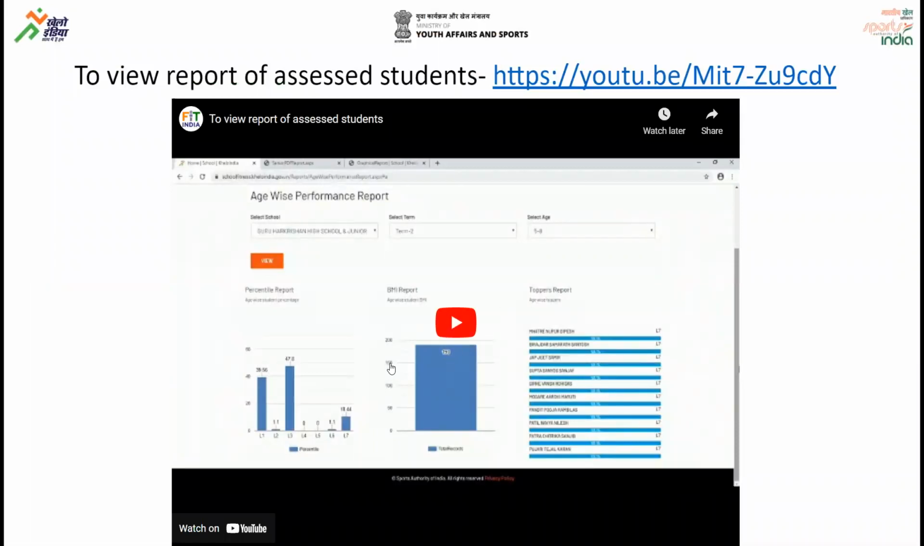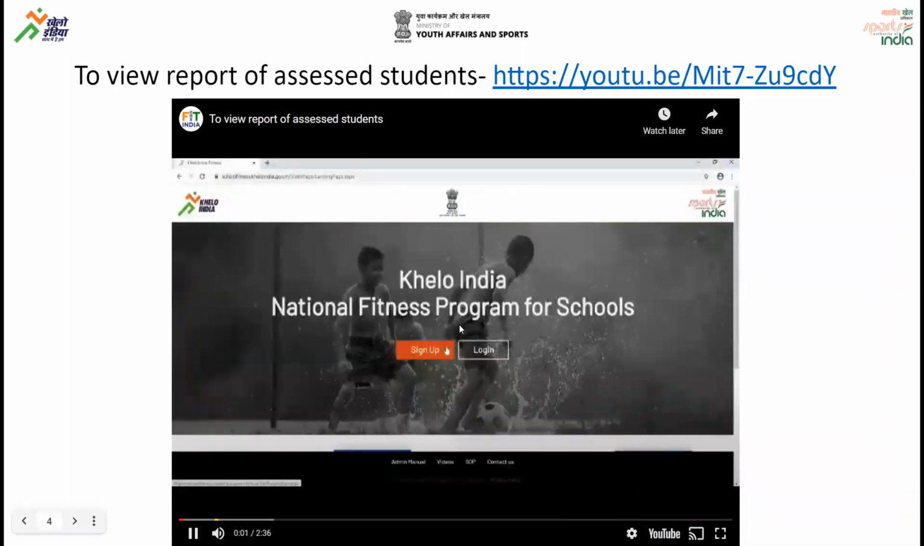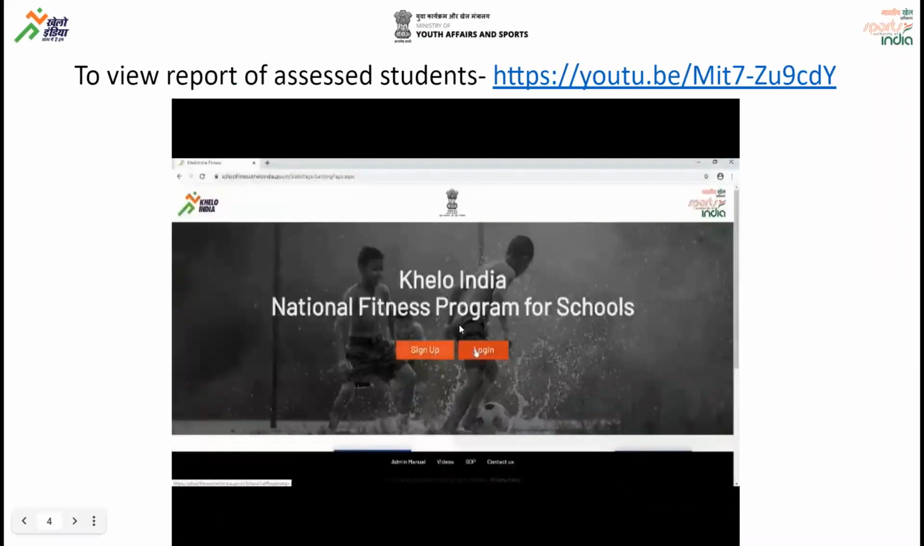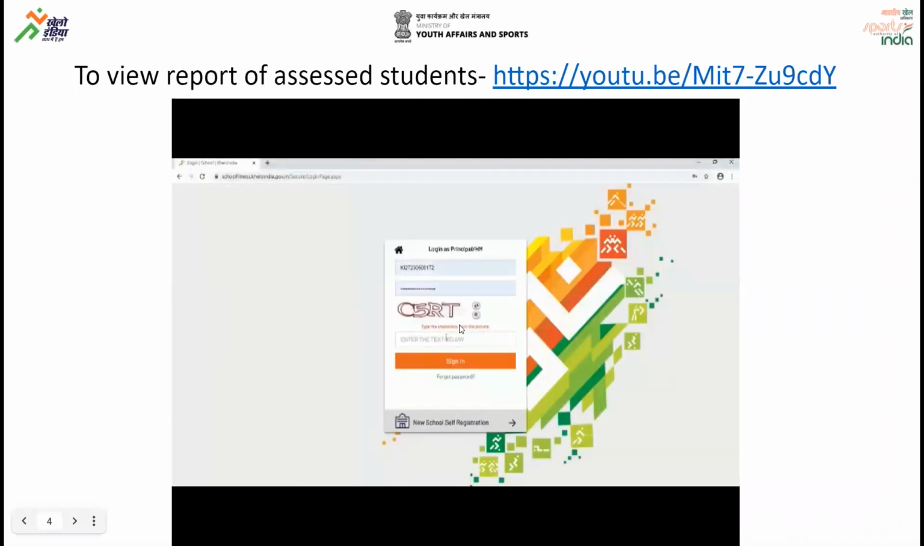Now that the assessment has been done by all the PE teachers, the system is designed in a manner where the data will automatically flow from the mobile phone of the PE teachers into the principal's portal. Let's see how it looks, how the principal logs into the portal, and how he generates the report card. To view the report of student fitness assessment, click on login button, enter user ID and password, enter